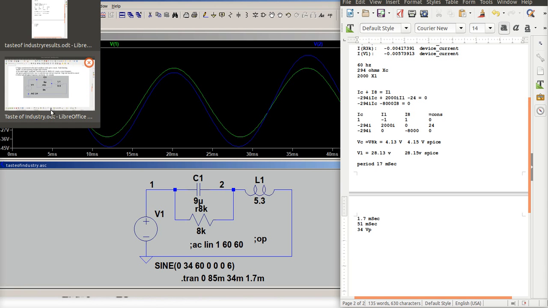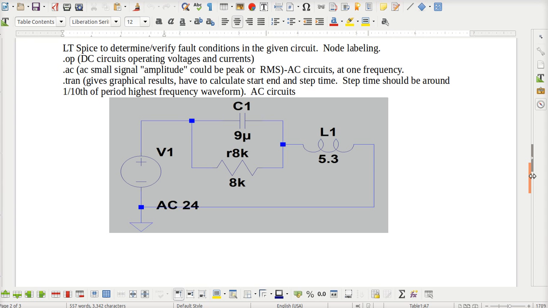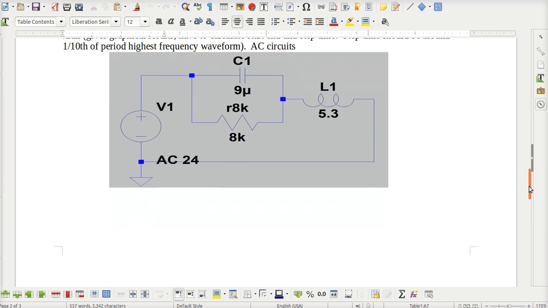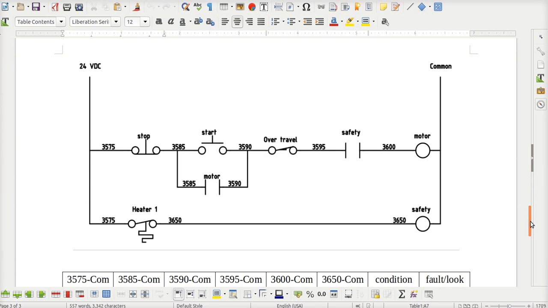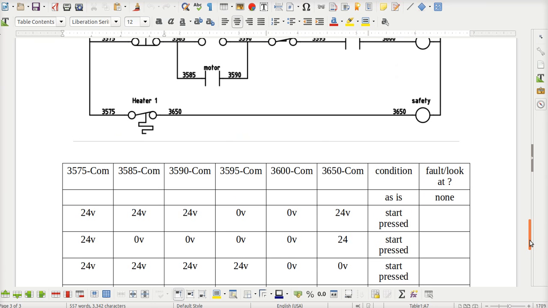And so here you go. Page 3. What does industry want? Industry would love to have somebody that could come in and troubleshoot this circuit if it fails. And this is a pretty common circuit in industry. And what I've done is I have actually